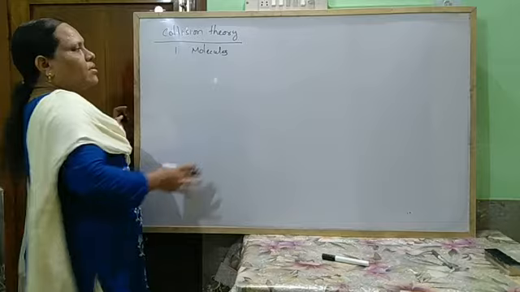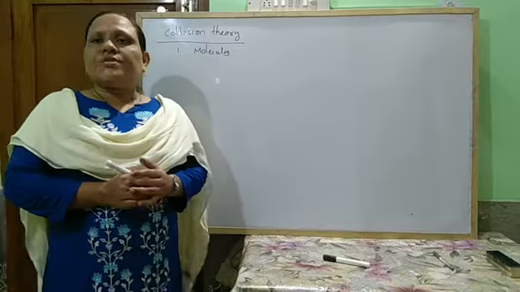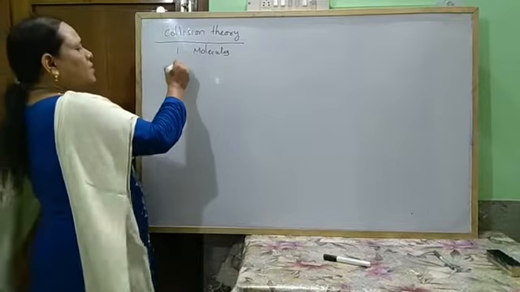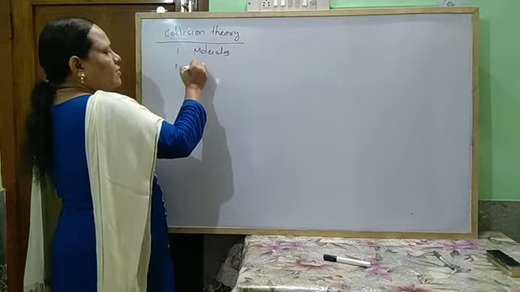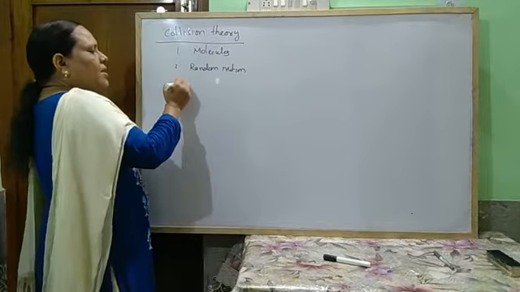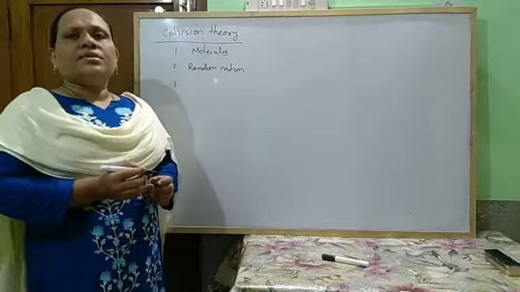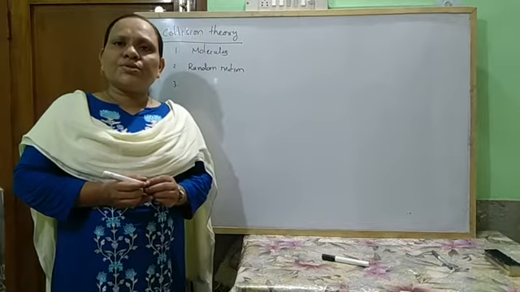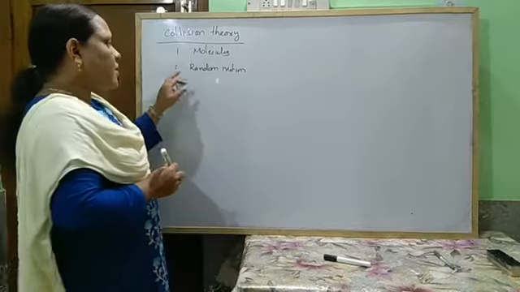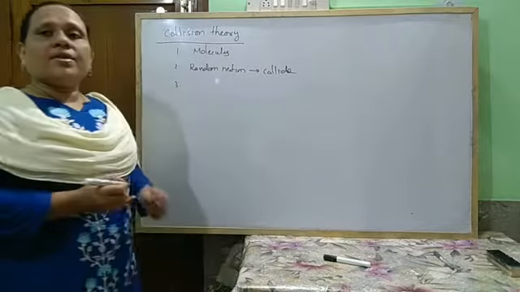In the notes you have been provided the postulates of this collision theory. All the reactants consist of molecules, and the molecules are always in a state of random motion. When they move, the molecules collide with each other. So molecules are always in a state of random motion and hence go on colliding with each other.